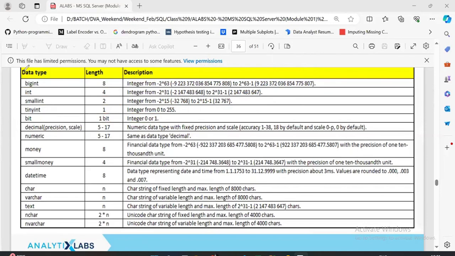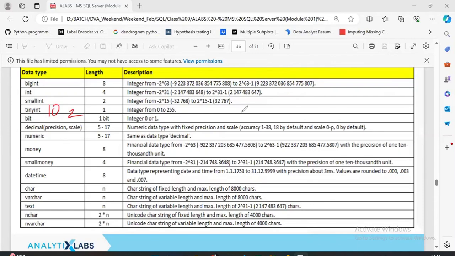Okay. Now, if I talk about decimal and numeric, these two are the same. So let's say if you say float, what happens in case of float? If the value is 23.45, it will just show you 23.45. If the value is 24.350, it will still show you 24.35, correct? Let's say, what happens in financial data is you would like to show the data to a particular number of decimal places and to a particular number of digits. So if you say decimal and you say the precision is 10, and you give the scale as 2,